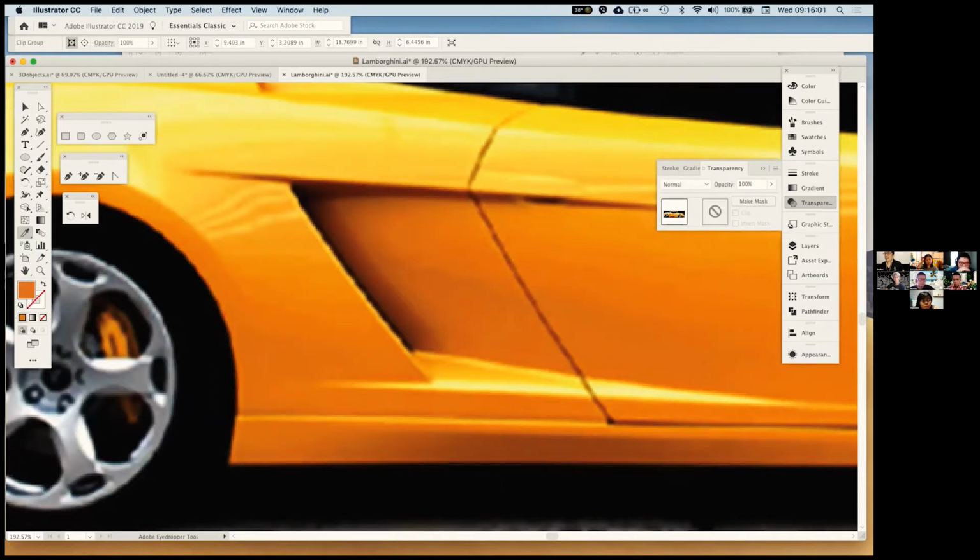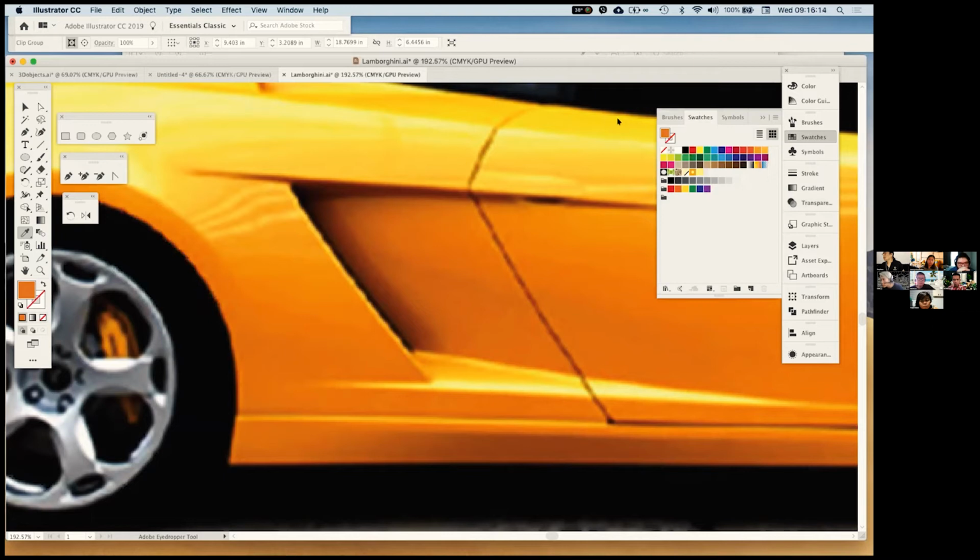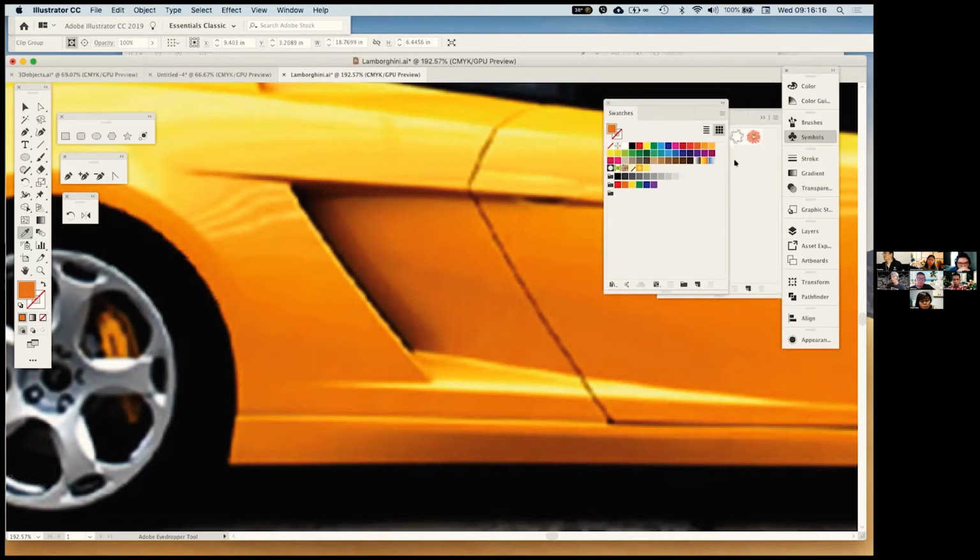Okay, it will be reflected here. It will appear here on your toolbox or on your swatches. For quicker reference, let's do this. Go to swatches, separate it first, and then use the eyedropper, and then click here on your new color group and